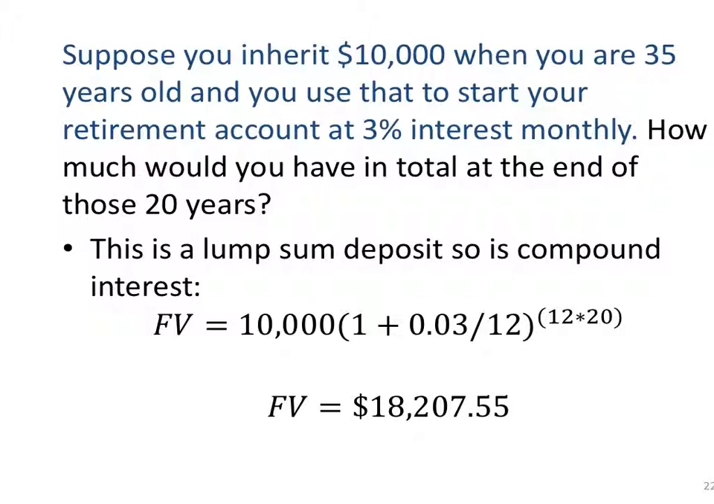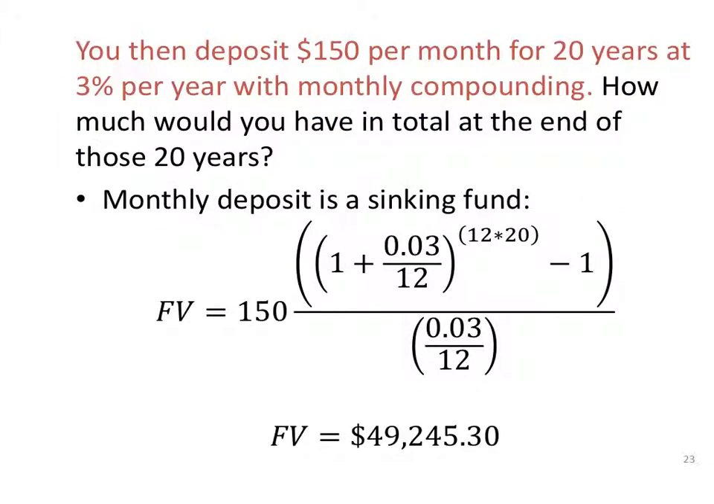But we did more. Now that we have that amount of money saved in there, we also start depositing regularly, $150 per month for 20 years at 3% per year with monthly compounding. And I want to know how much I have with those regular deposits after 20 years. Well, a monthly deposit is a sinking fund, so we find our sinking fund formula. I want to know my future value. Payments of $150, numerator in parentheses, parentheses 1 plus I, to the power of N, also known as M times T, monthly for 20 years, come out of the exponent,